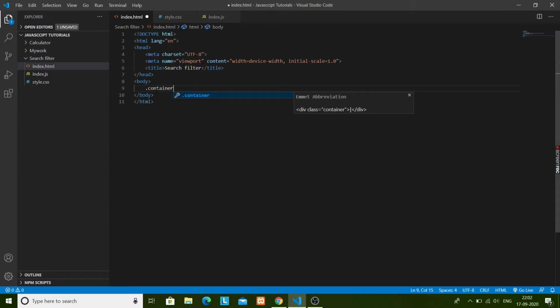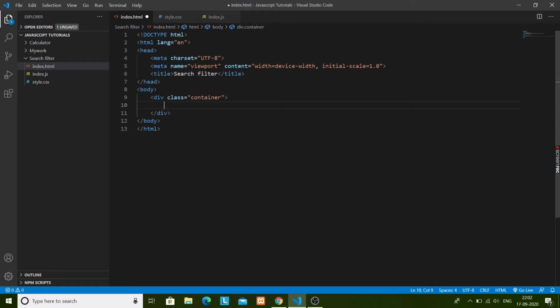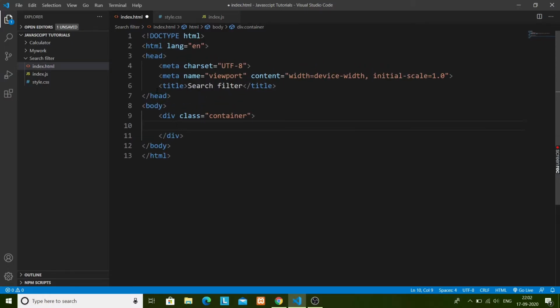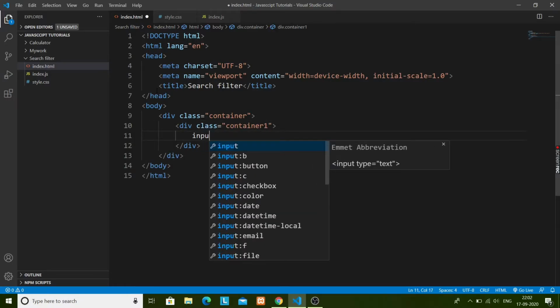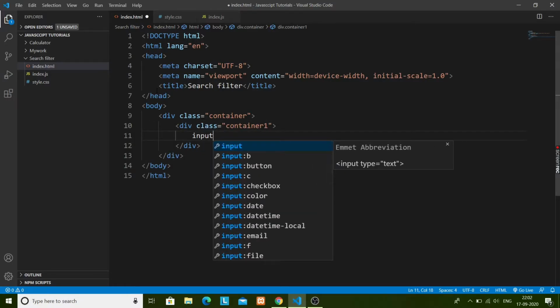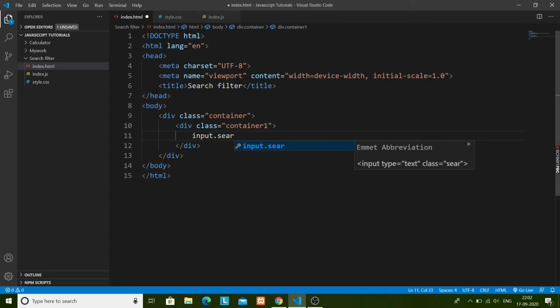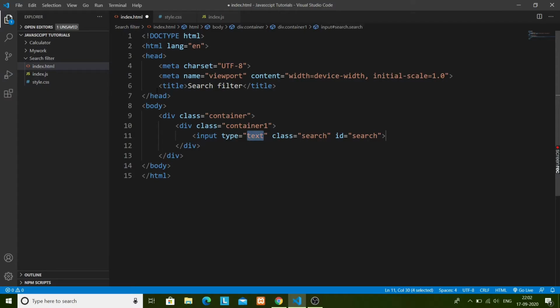So I will write dot container, and in this container I am going to make another container and name it container1, and this container will be used for the input tag. In this container I will make an input tag whose ID will be search and class also will be search. So after this I will make the container 2,